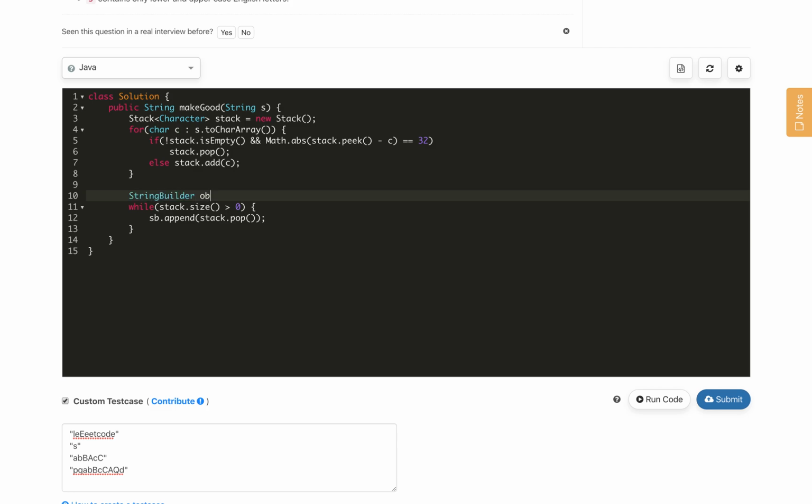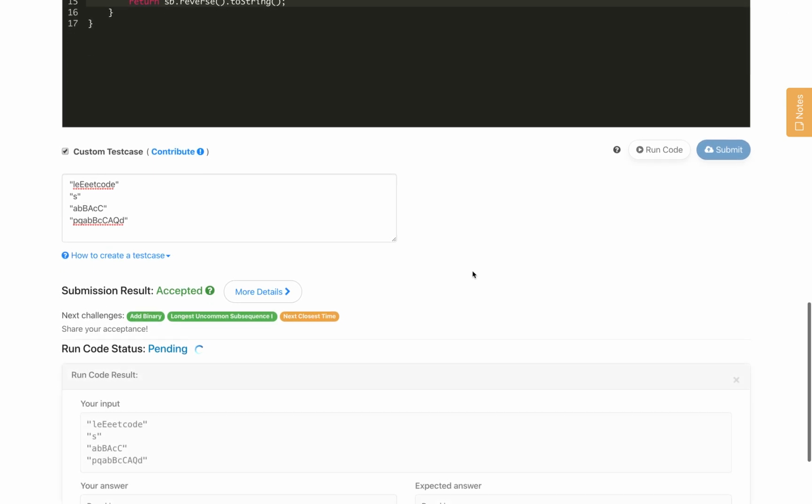The string builder reference sb is initialized with a new StringBuilder, and after that we just simply return stringBuilder dot reverse. Why do we need to reverse? Because our characters got inserted in reverse order into the stack. So, we need to do that and then construct the string with toString, and that is it. Let us compile the code.